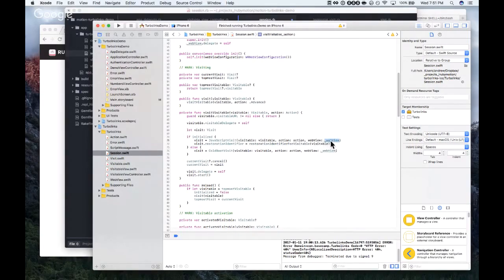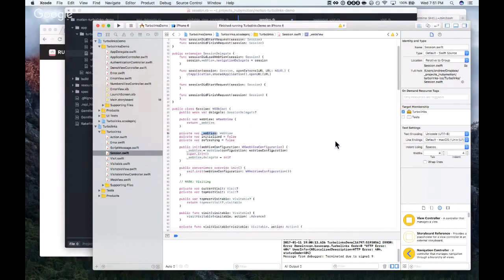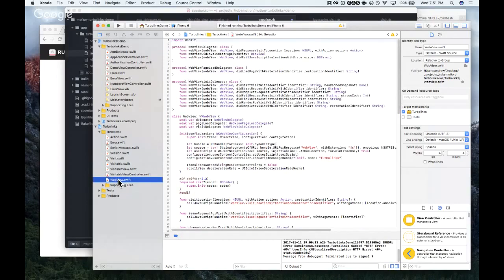Well, private var _webView takes a WebView. Public var webView, WKWebView, returns _webView. I think the reason they might have done that is because the internal variable is called webView. I'm not really sure.